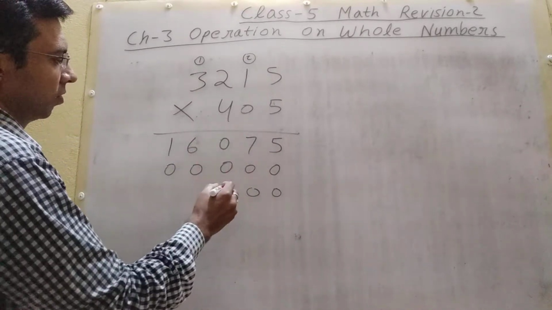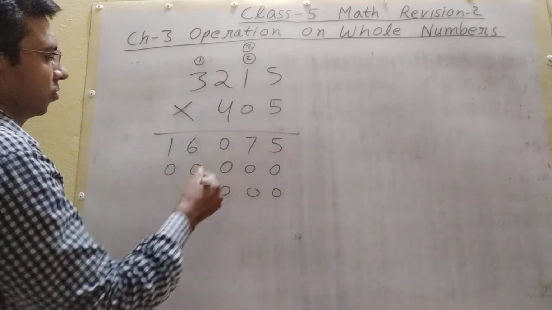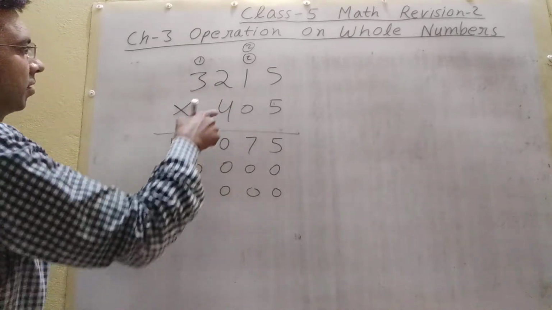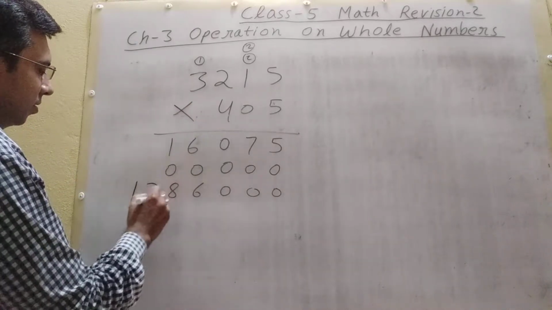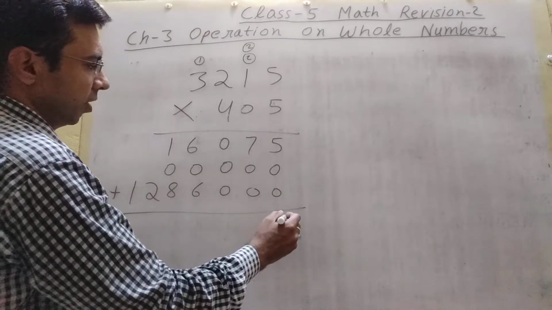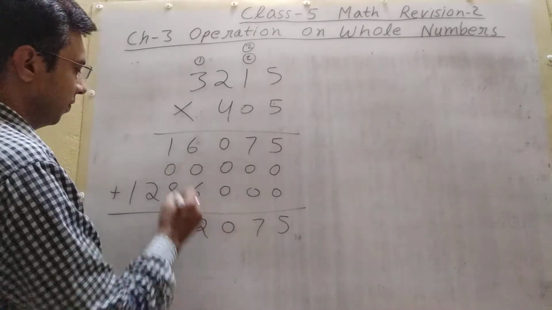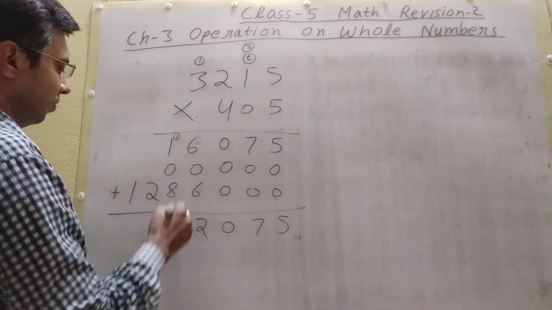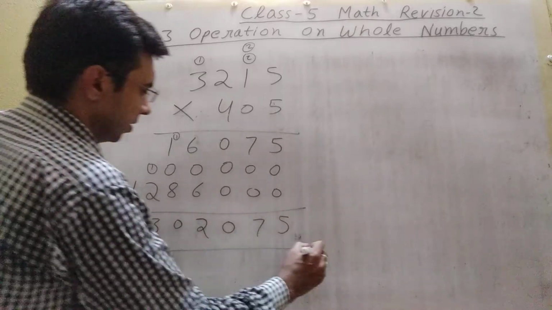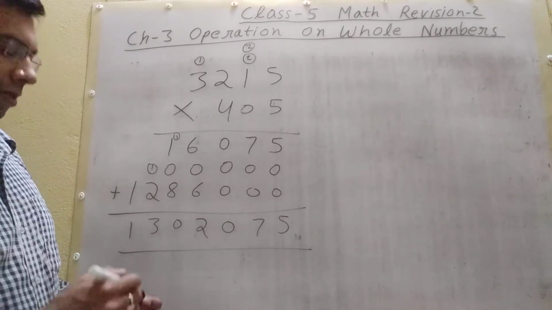4 5 20. 2 carry. 4 1 4 plus 2 6. 4 multiply 2 8. 4 multiply 3 12. Now what we have to do? We have to add. 5 7 0 6 plus 6 12. 1 carry, 8 plus 1 9, 1 10, write 0 here, 1 carry, 2 plus 1 3, 1. So this way we multiply the large numbers.